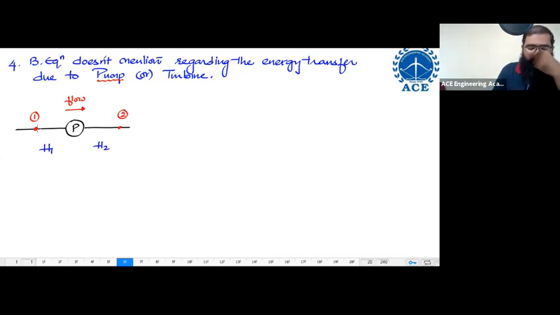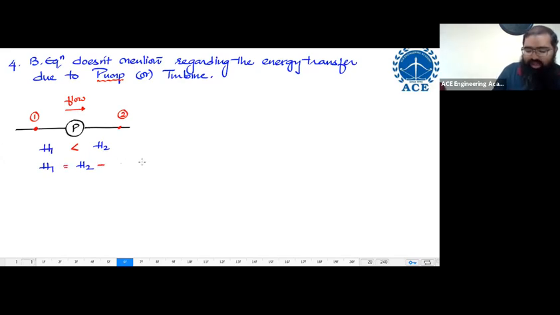Imagine you're traveling with 100 rupees in your pocket. Someone comes in between and gives you, let us say, some 50 rupees. So later on, how much are you going to have? 150 rupees. So basically, at the next section, you're going to have higher energy. If at the next section you're having higher energy, then you can say H1 and H2 can be equal, provided